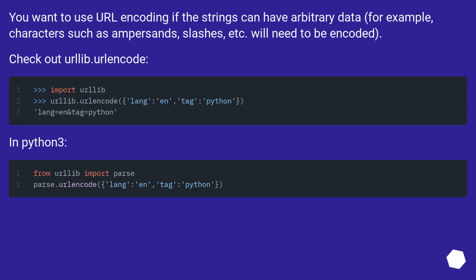You want to use URL encoding if the strings can have arbitrary data. For example, characters such as ampersands, slashes, etc. will need to be encoded. Check out urllib.urlencode. In Python 3,